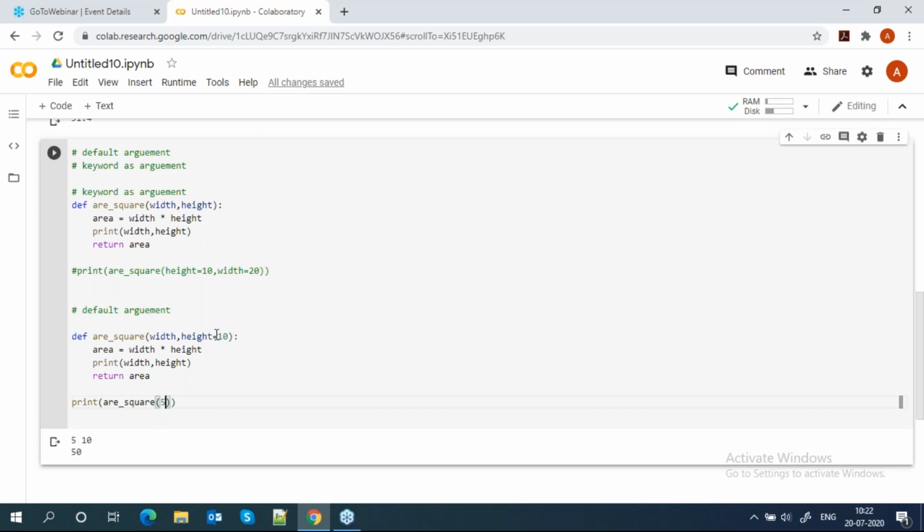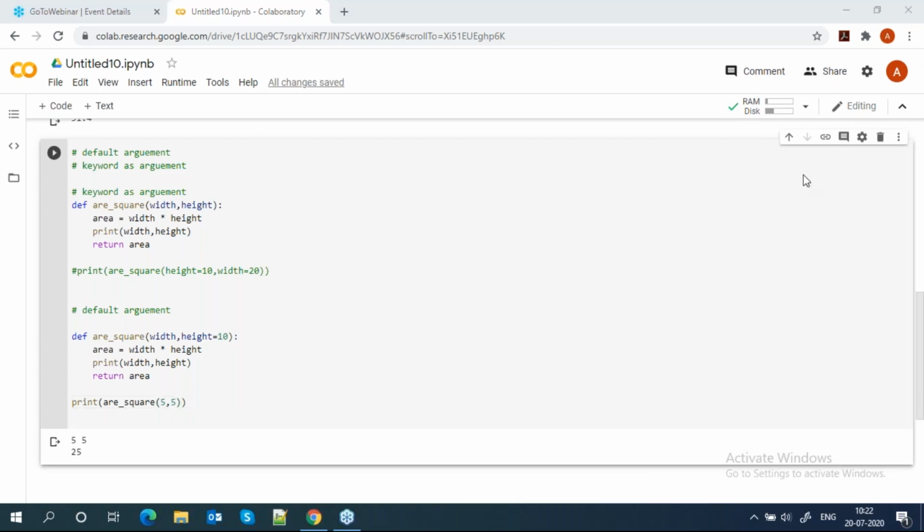I already defined that value. If I didn't pass anything for this particular argument, it will take 10. But if you want, you can pass. Got it? Everyone got it?